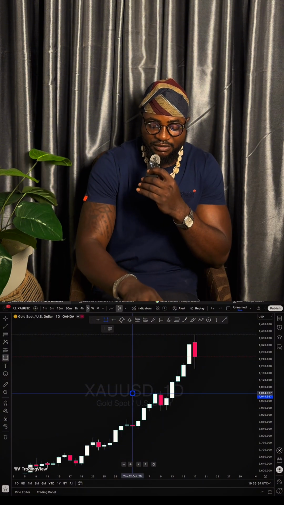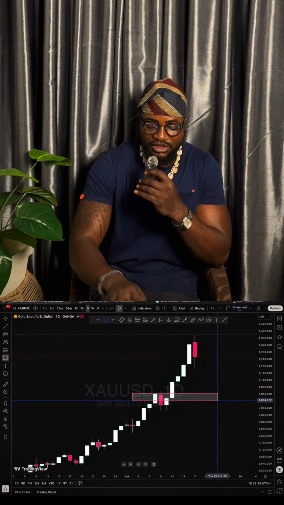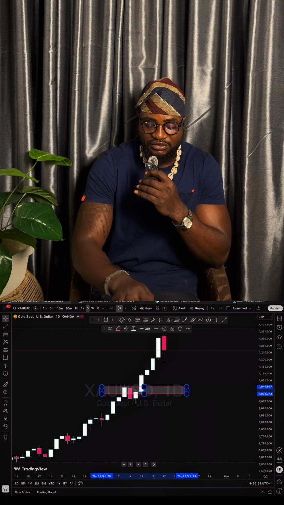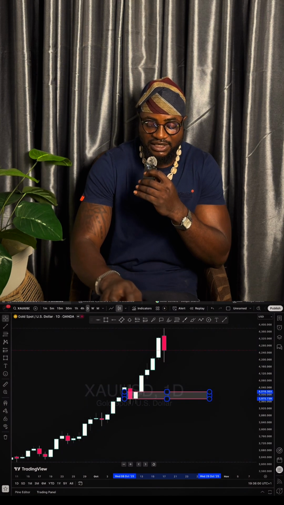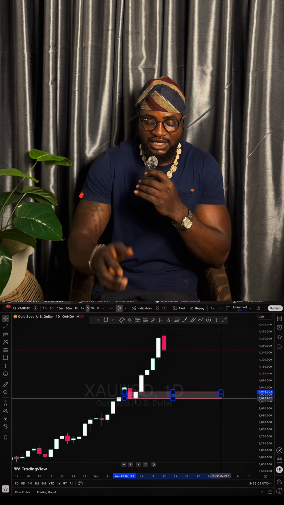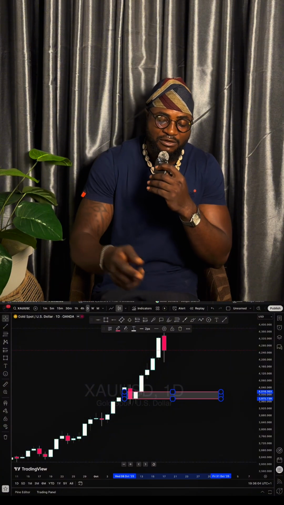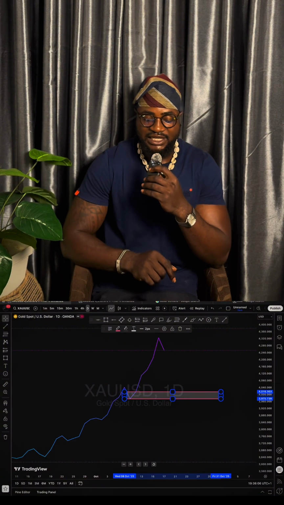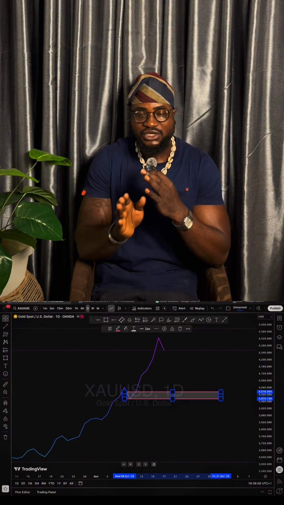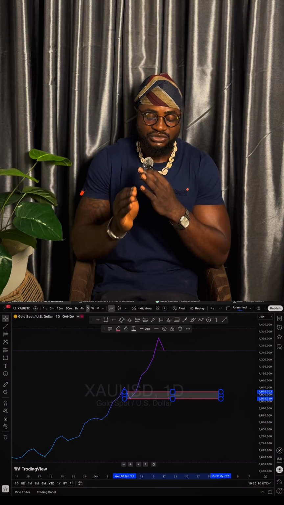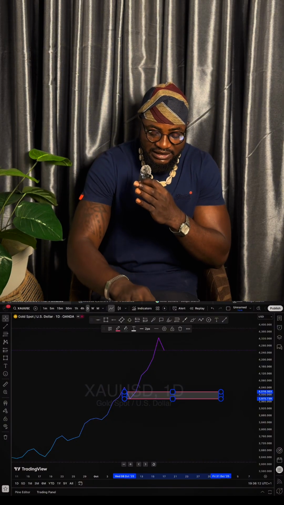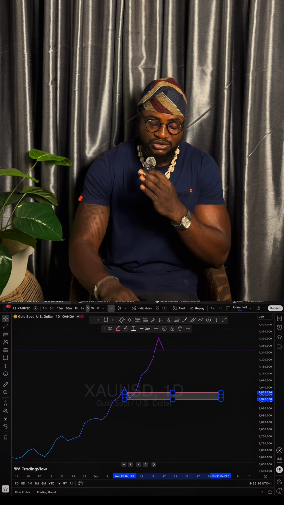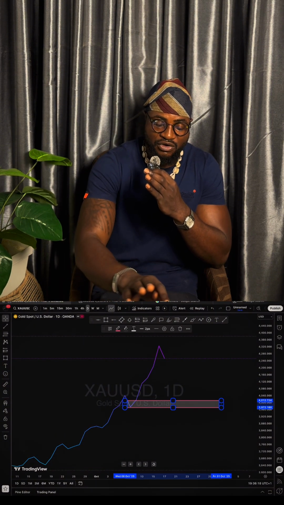And please, whenever you're marking your key level, make use of the rectangular tool, this particular one here. And if you want to mark it correctly, also make use of the line chart. It will give you the accurate zone to mark. Just like you can see, I just put it like this. Makes sense, right? So this is the key level for the